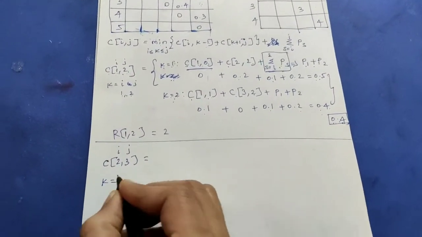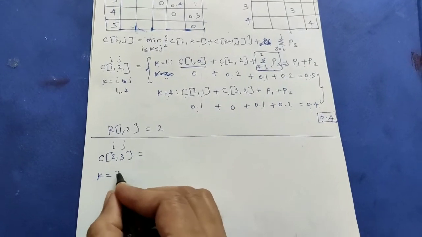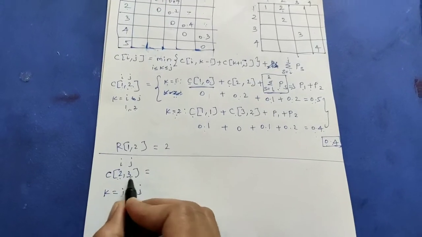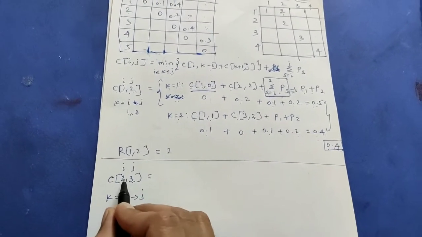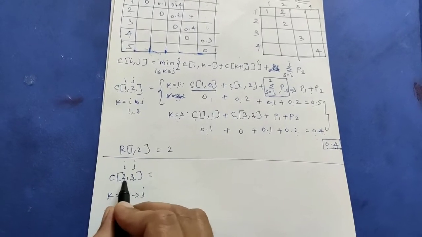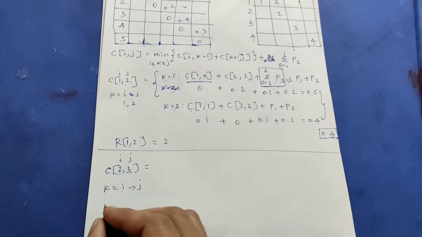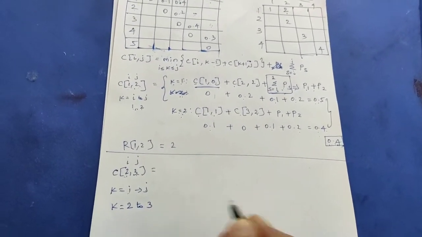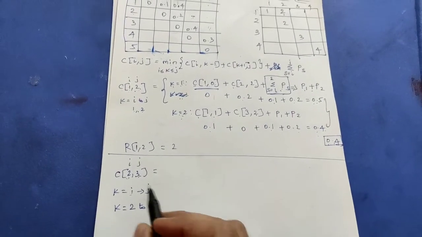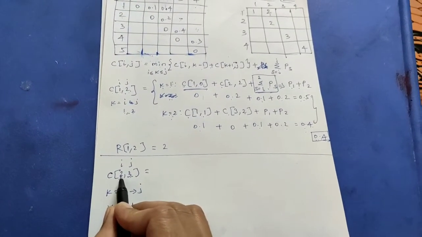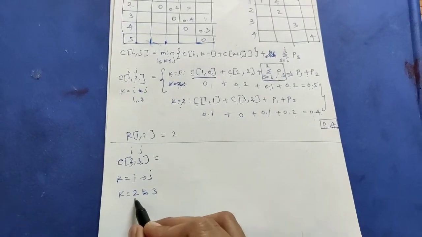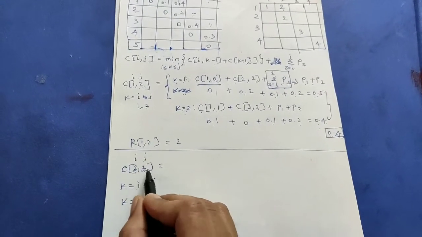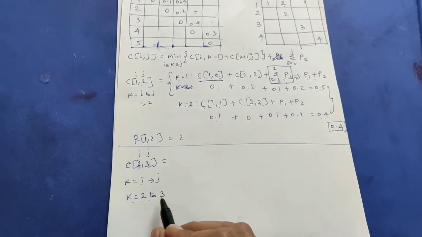So now k value I need to find out. See, k value starts from I to j. In between I and j, do you have any discontinuity? No. 2 and 3 in between, no numbers are missing. If no numbers are missing, I can take the k value from 2 to 3. Now I is 2, j is 3. In between I and j, no numbers are missing. It is a continuous number next to each other. So k value ranges from 2 to 3.